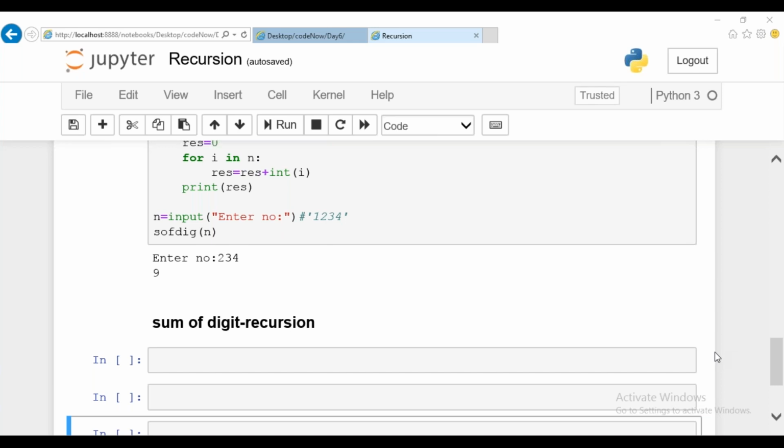Raghu. So for the last digit, guys, for the last digit you're applying the 0 condition, right?